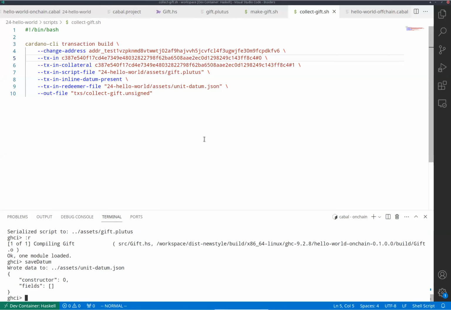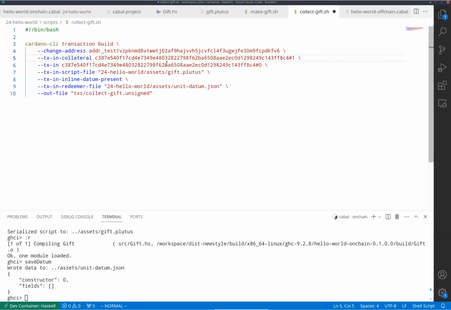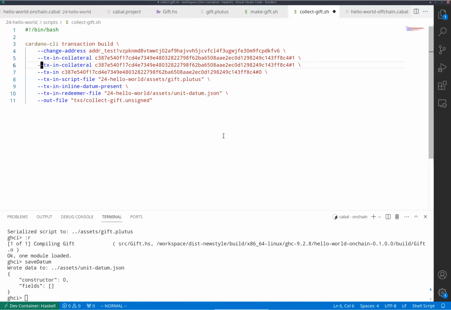Maybe we can change the order for the parameters sometimes. Okay. Like this. I mean, I can also specify this as a normal input. I don't think that makes a difference, but